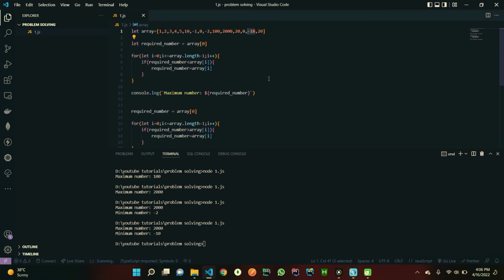We have simply created the array. We have assumed the first number is the greater or smaller number, depending on the procedure we are going to follow. Let's say we are going to find the maximum number, and we have assumed that the first number is the maximum number. We have iterated over the array, and we have compared every element of the array with this assumed number, and if any element is found bigger, then we are going to replace this number,